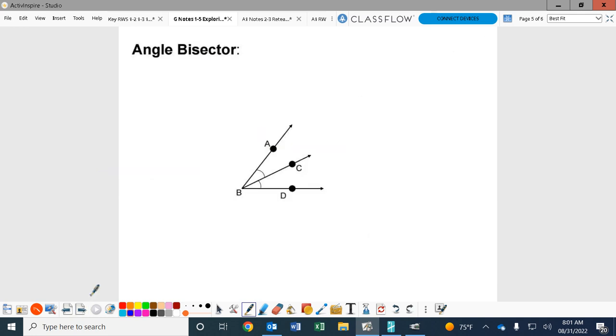Angle bisector, I think, is our last new topic. So angle bisector, guys, we already talked about segment bisector. Angle bisector is going to be the same thing. In an angle bisector, though, it is always going to be a certain shape. What shape is this thing I just traced over in blue? What is this thing? Not a line, a ray. So it is going to be a ray